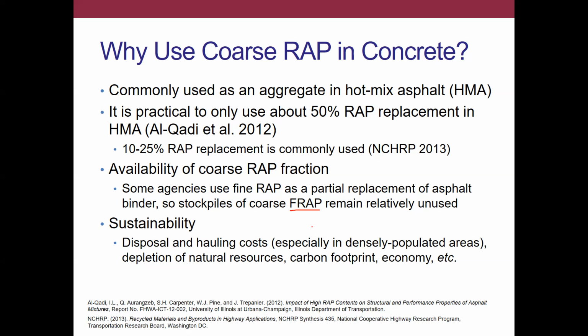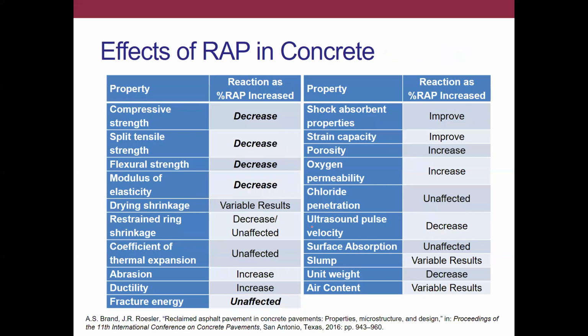So instead of quarried material, for instance, and therefore that would be reducing our carbon footprint of the concrete per unit weight. Then of course there's a cost issue. Right, so it's possible that this RAP material is more cost effective than certain crushed aggregates. So anyways, there is interest in using this material, and if we look at a summary of the available studies.